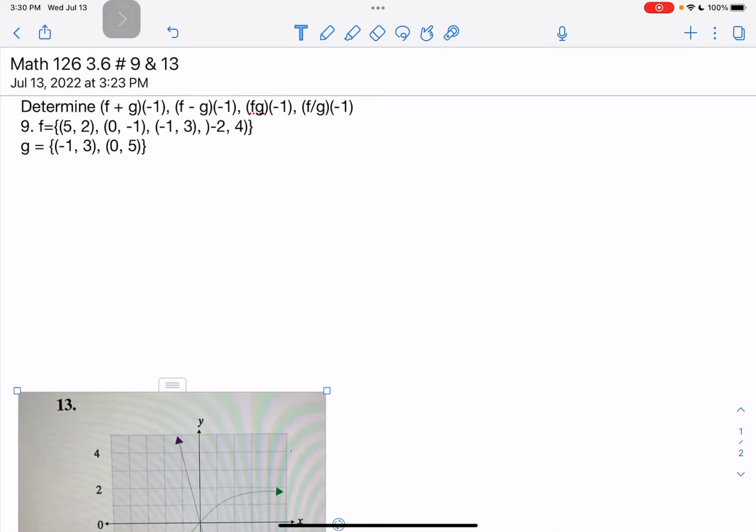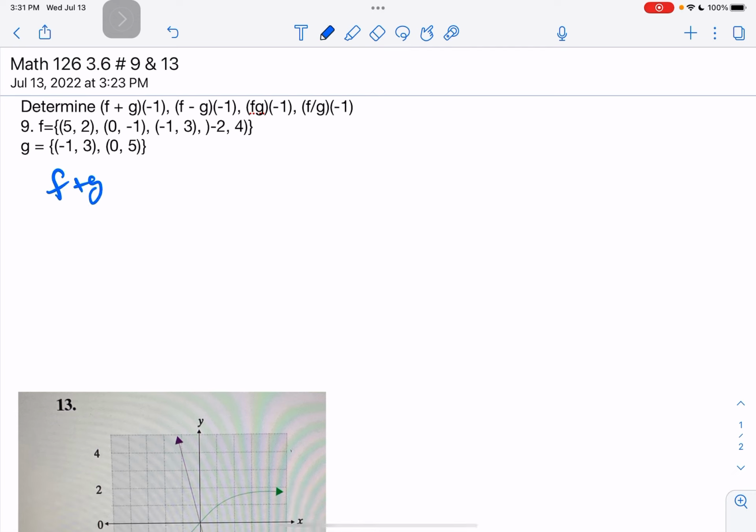For 3.6, 9, and 13, for each of these, you're going to find f plus g of negative 1, f minus g of negative 1, f times g of negative 1, and f divided by g of negative 1. And in the first case, for 9, they give us what f would be and what g would be. So what we're really after is